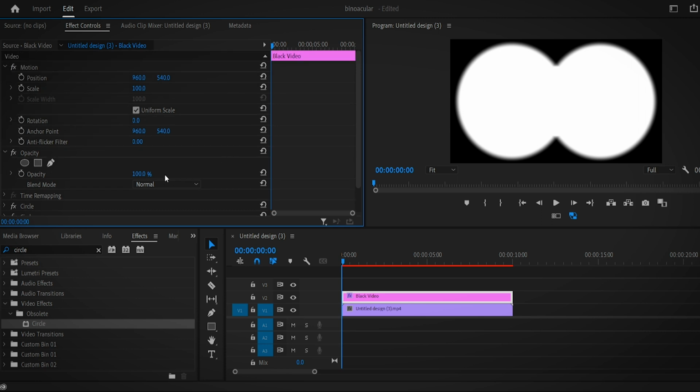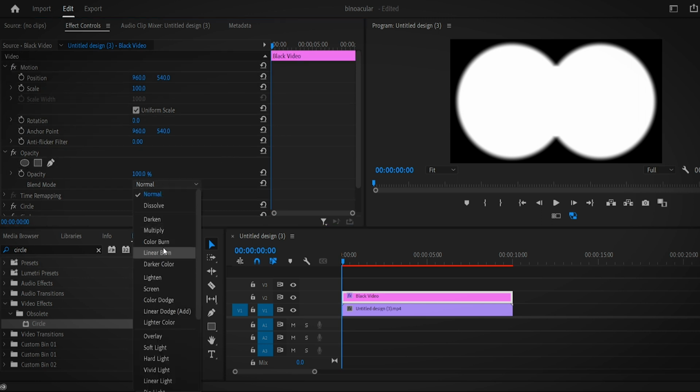And right under the opacity option of the whole layer, change the blend mode from normal to multiply. And that's